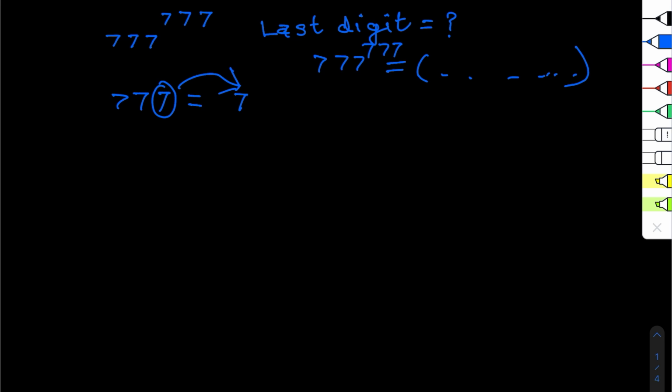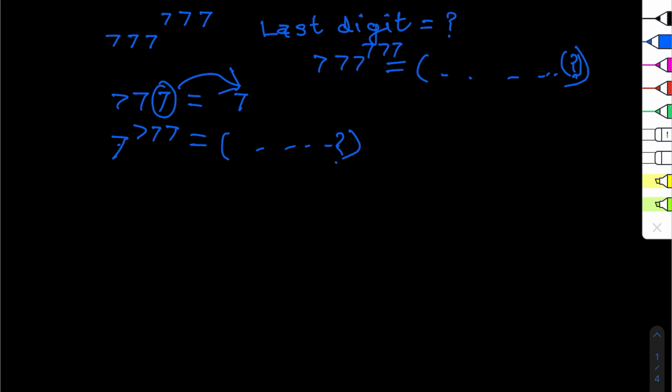And here also a last digit will be there. And if it is only 7 to the power 777, then also we will get a number, and here also a last digit,